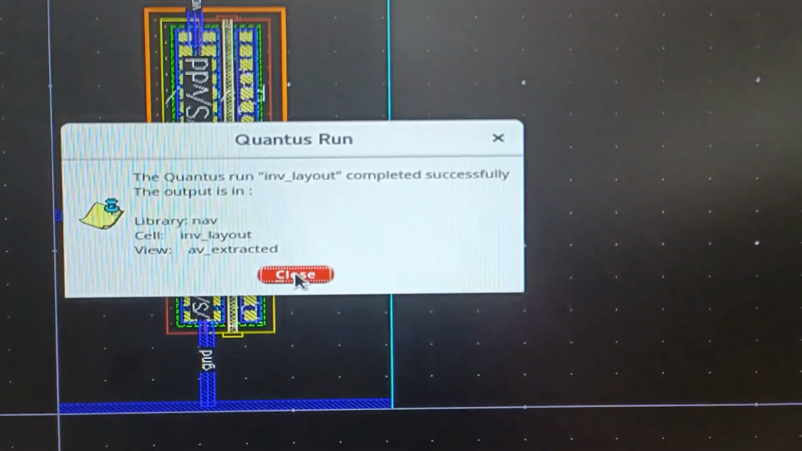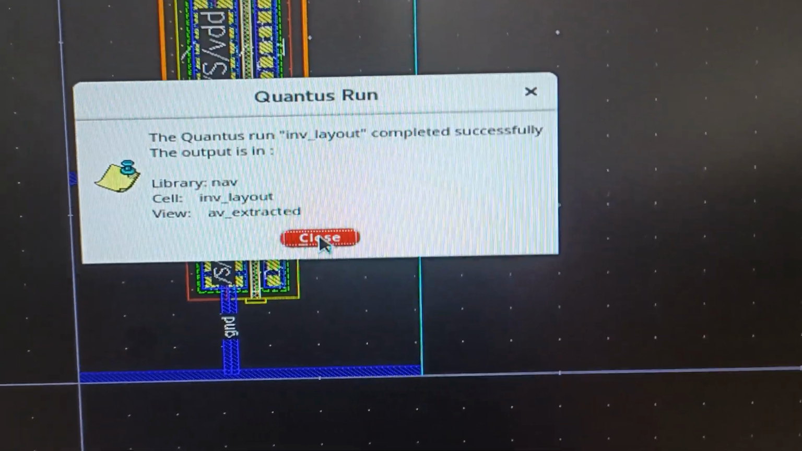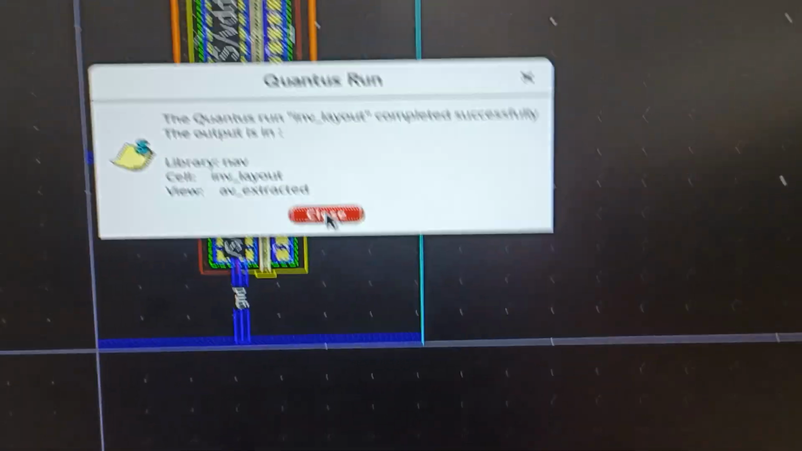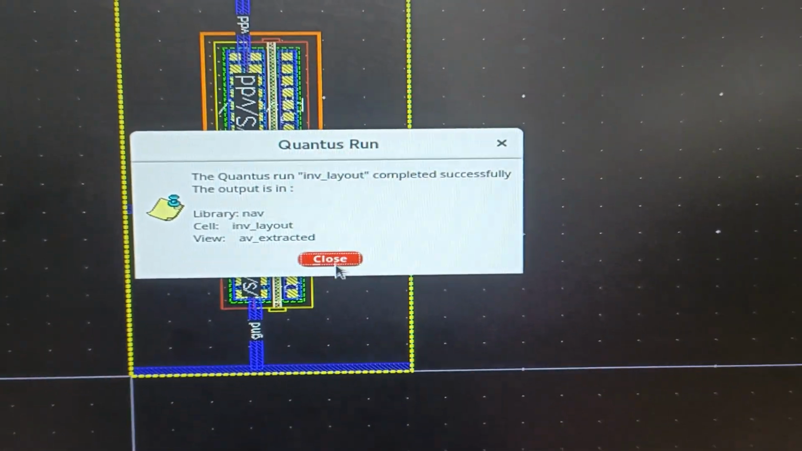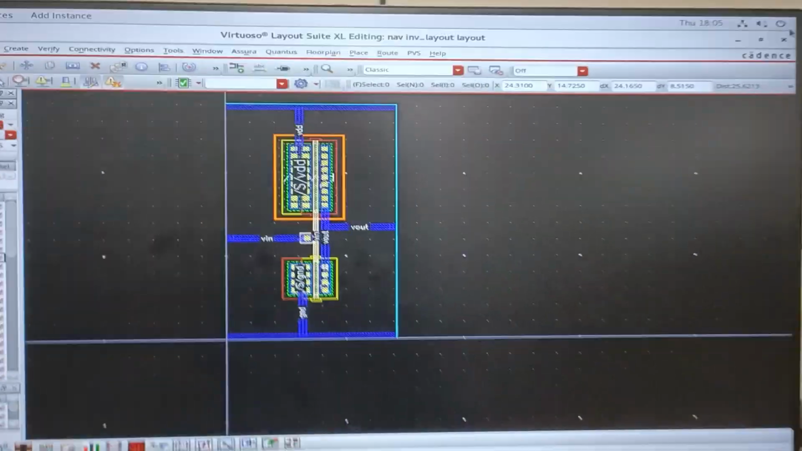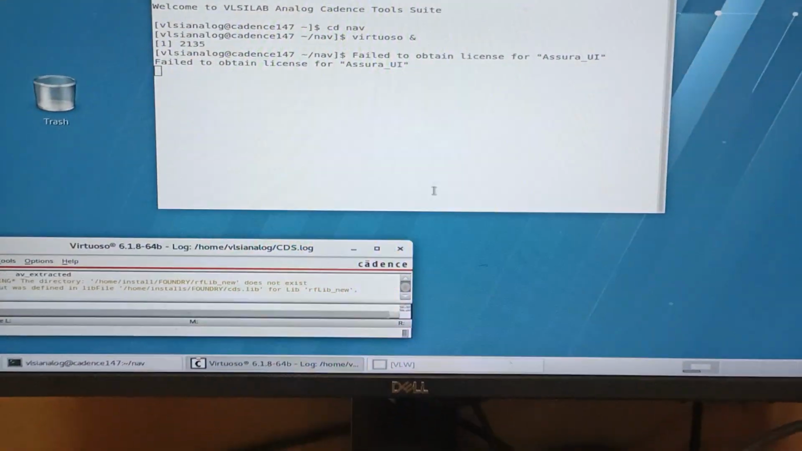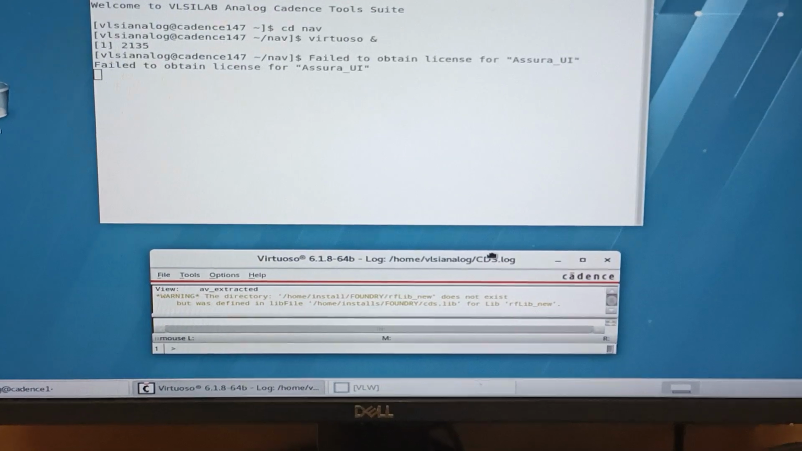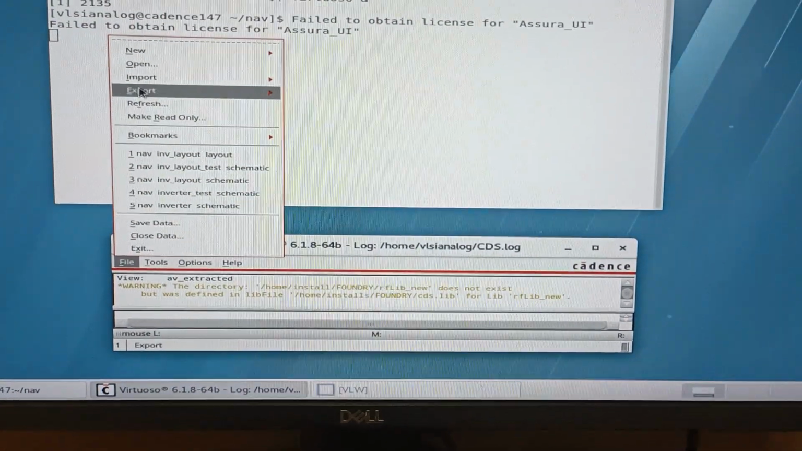So you need to get this message: inverter layout completed successfully and view should be AV extracted. Once you get this Quantus completed, you can close this window and you can close the schematic window also. Just to see that the Quantus is complete, what you can do is go to File, click on